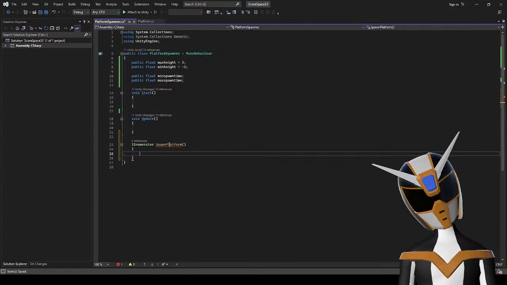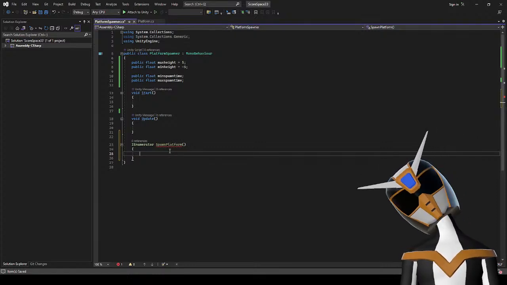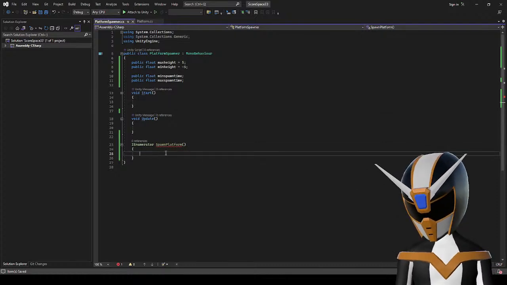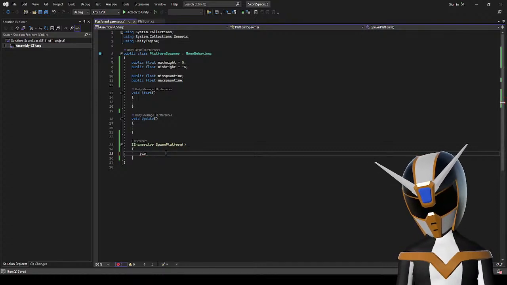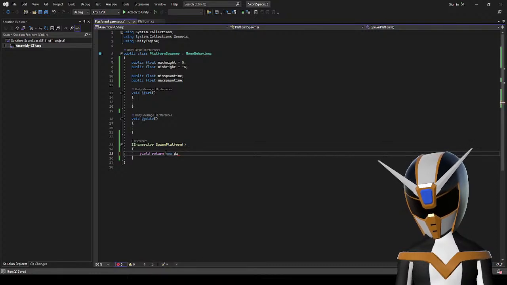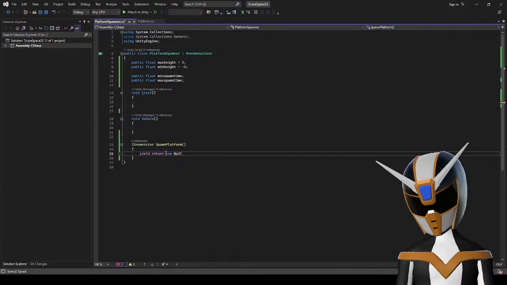What did I do wrong? Not all code paths return a value. I know that. I didn't put anything in there yet. Okay. How do I do this again? It's like yield return new WaitForSeconds. I think that's what it is.